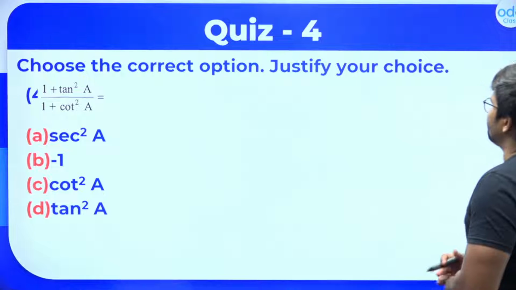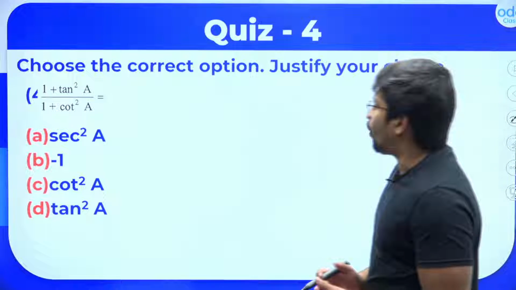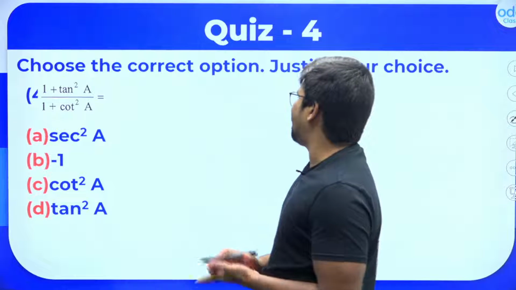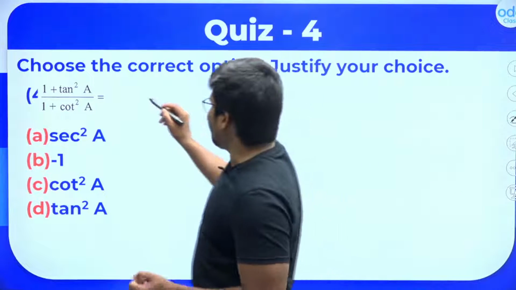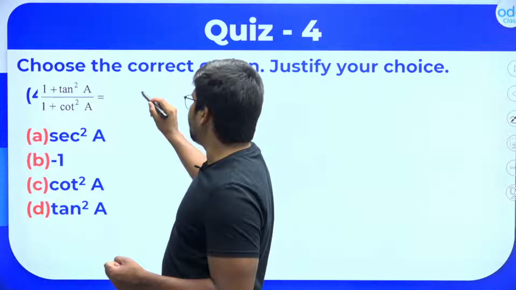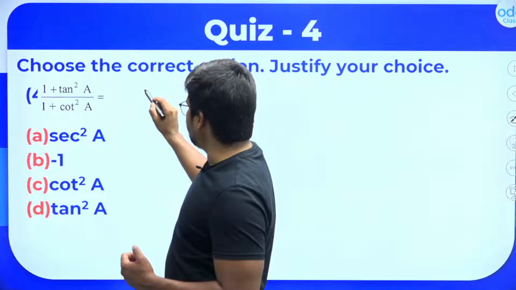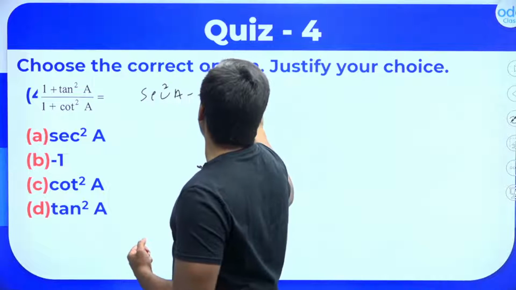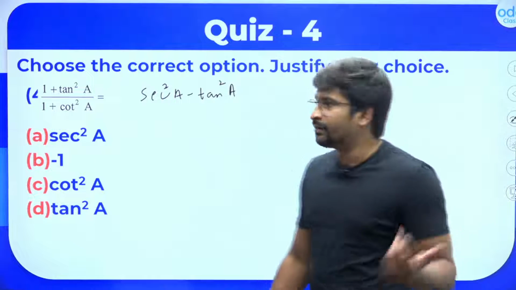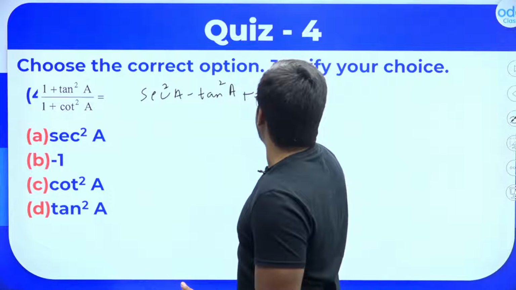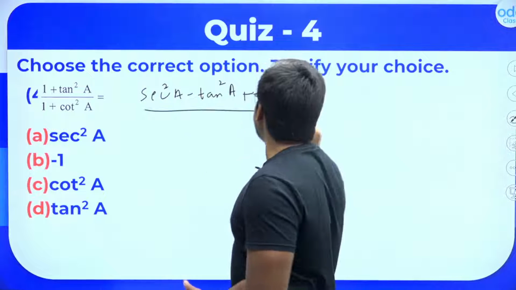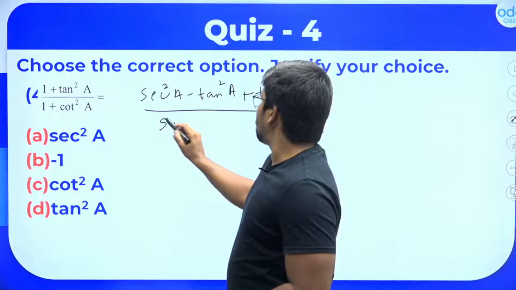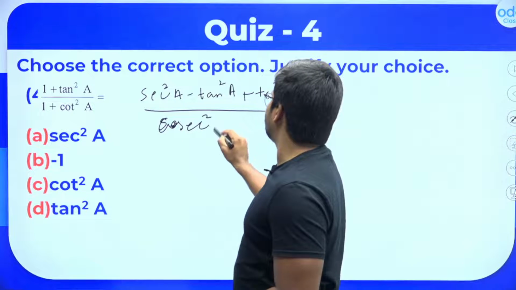Again, let's do the next question. Choose the correct option, justify your choice. The question is 1 plus tan square A divided by 1 plus cot square A. What will be the answer here? Let's do one thing. Can I write the 1 on the numerator as sec square A minus tan square A? You can fairly write 1 as sec square A minus tan square A. So plus tan square A, whole divided by 1 can again be written as cosec square A minus cot square A